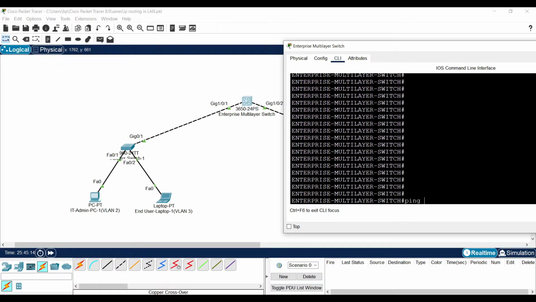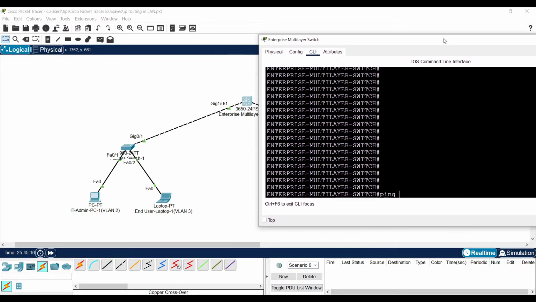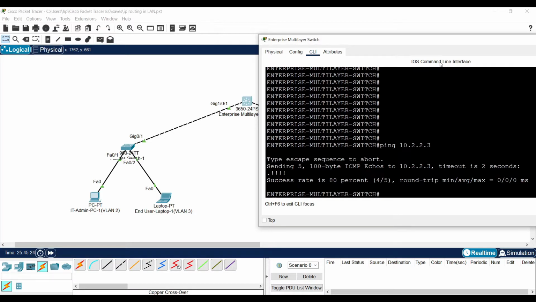Let's verify. I am pinging an end device from the layer 3 switch. The first packet is lost because of the ARP request. It is fine.